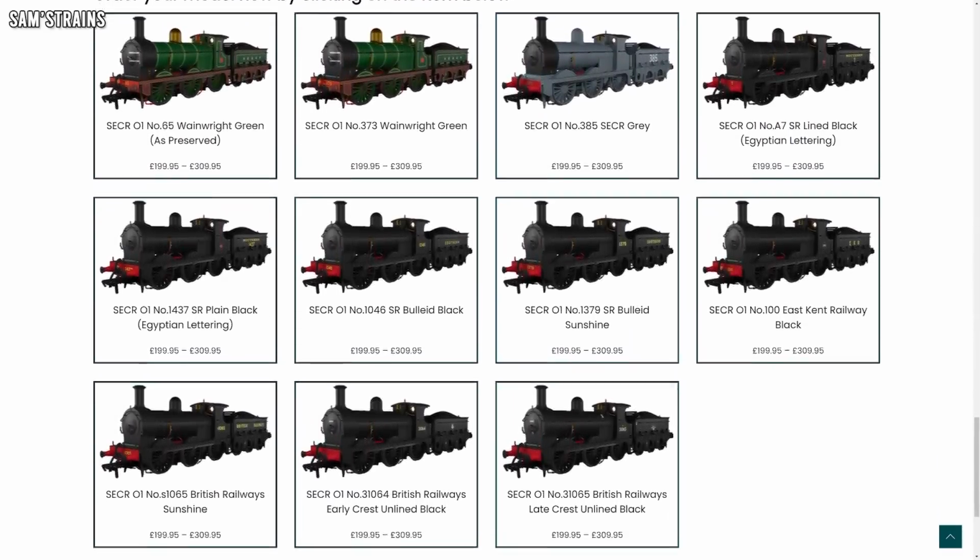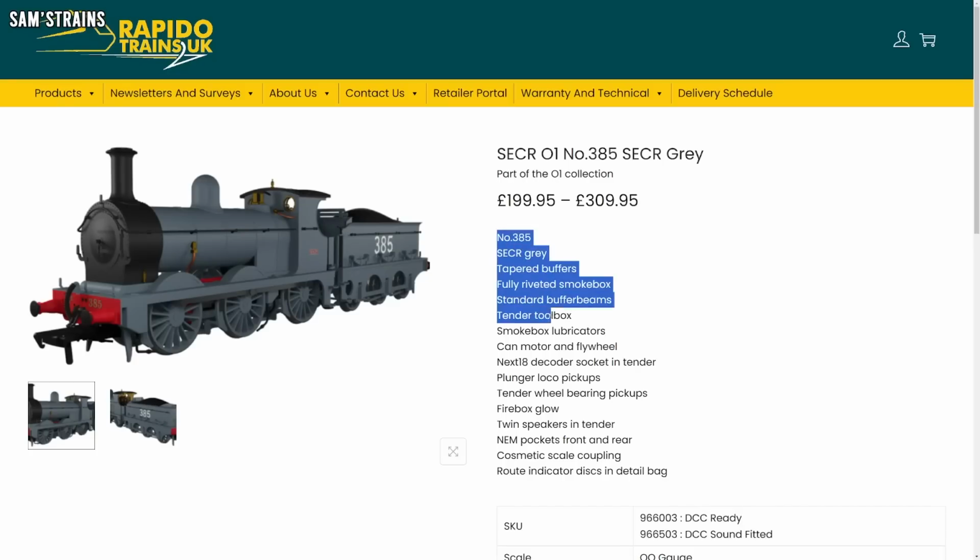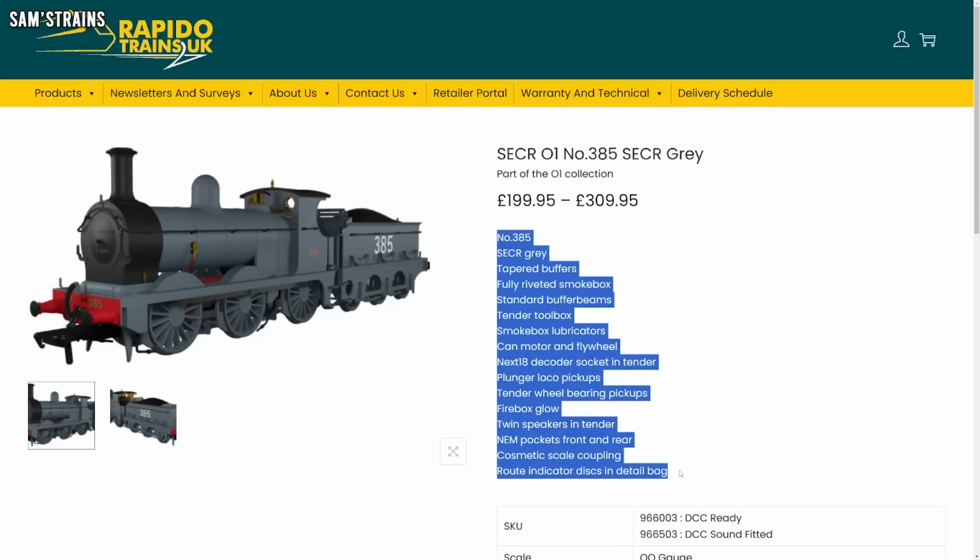And in terms of the specification, these locos sound pretty interesting. So these are going to have faithful liveries, as you'd fully expect, a wealth of separate details, firebox lighting as usual from Rapido, twin speakers for quality sound in the tender, proper couplings for the buffer beams, can motors with flywheels and all-wheel pickup. The RRP is going to start at